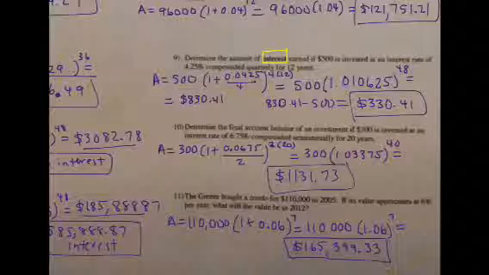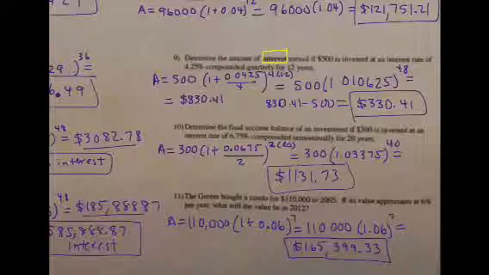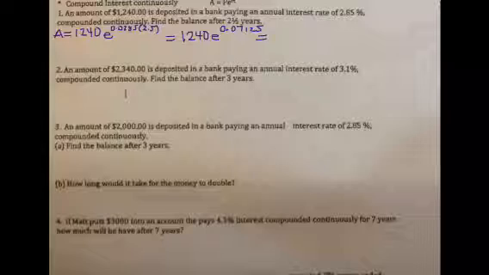What was it in 2012? So that's 7 years later. So that's why you see the 7 in the exponent. And you plug it into a calculator and you get that answer, $165,399.33. For number 1, on the back of the page, you have a $1,240 investment, compounded continuously